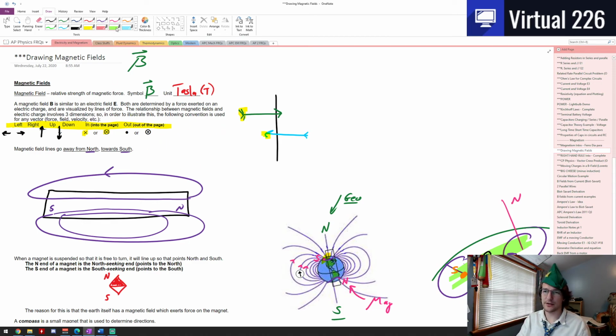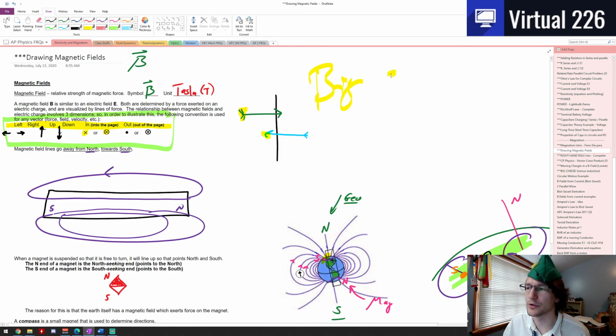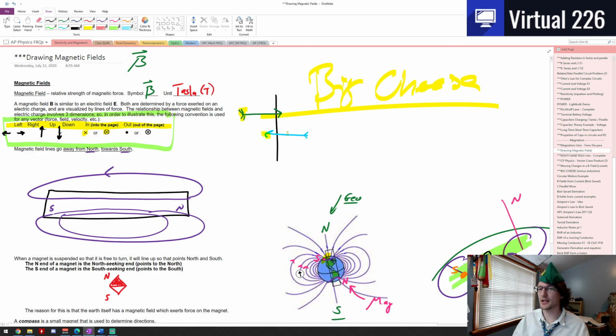The real thing to recognize here are these 6 directions: left, right, up, down, into the page and out of the page, because we'll need them whenever we start running our right-hand rules, which are coming up in the next video, and an optional video after that for what's known as the vector cross product, okay? Because I smell it coming. The big cheese is coming soon, and this big cheese is going to be fun. But until we get there, for right now,